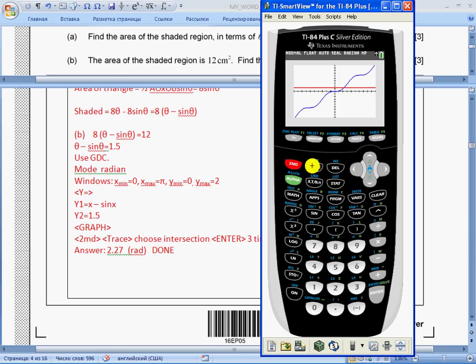So let us find second trace, and we use intersection. So for the intersection, the left boundary will be this one, enter, and the right boundary will be this one, enter. So the solution is